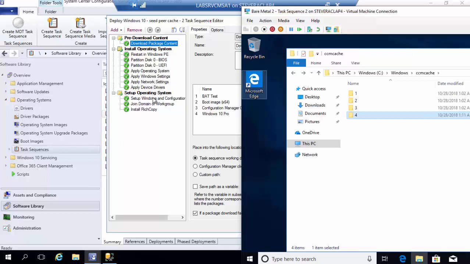We downloaded rich copy here and applied it, right? So we kept all 4 of these because they were actually downloaded as part of the OS deployment after formatting. So we did in fact keep 4 of them because of that SMSTS preserved content, but we did not keep this one because it was not needed by the TAS sequence, and we did not keep this one because it was not needed by the TAS sequence, right? It was just downloaded here